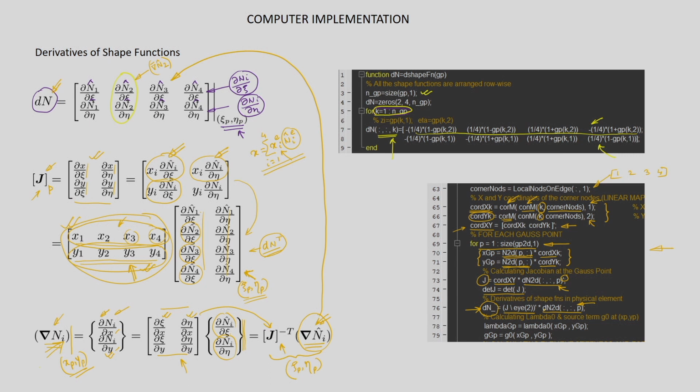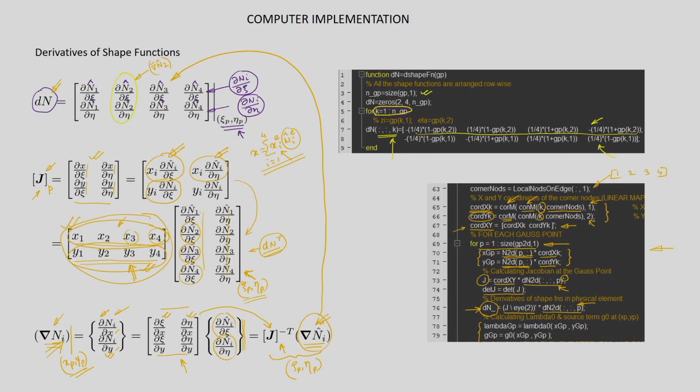So, once we are ready with the values of the derivatives of the shape functions at all the Gauss points, now we can simply calculate the stiffness entries. But before that, in the stiffness entry and the force entry, we need lambda, that is the conductivity, and the heat source term. Note down that these two terms can depend on x and y, meaning they can vary in the physical domain. So, they will be given as a function of x and y. But since we are evaluating all the terms in the stiffness entry and the force entry at each of the Gauss points, we have to find the corresponding physical point in the physical element. This we have already calculated as xgp and ygp here.